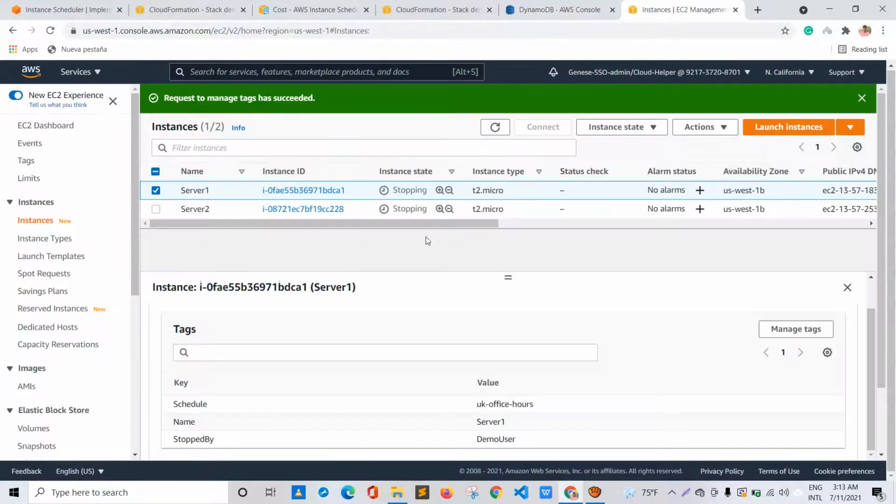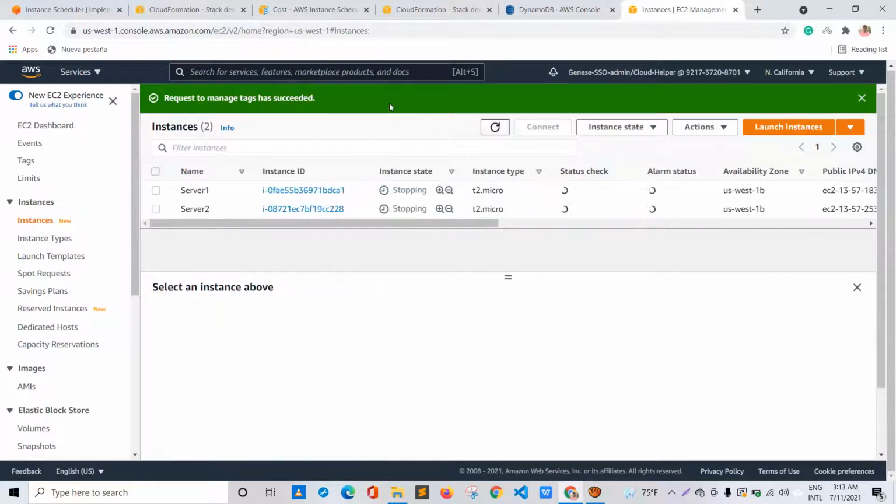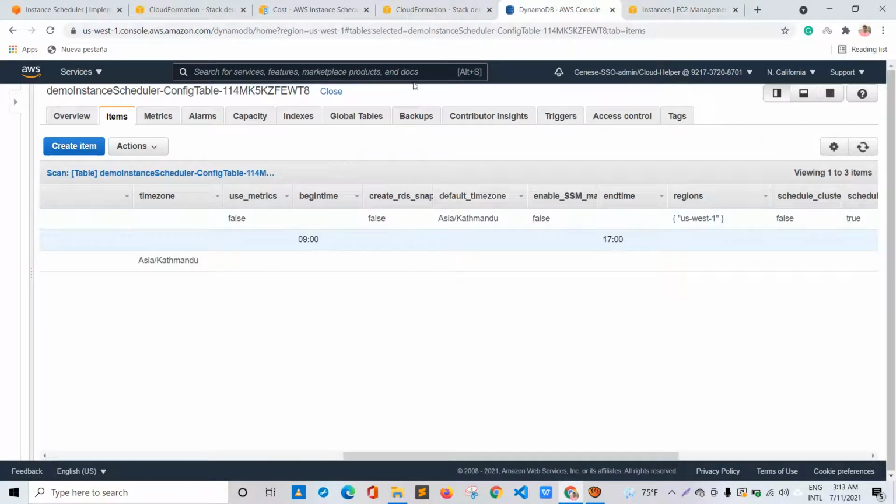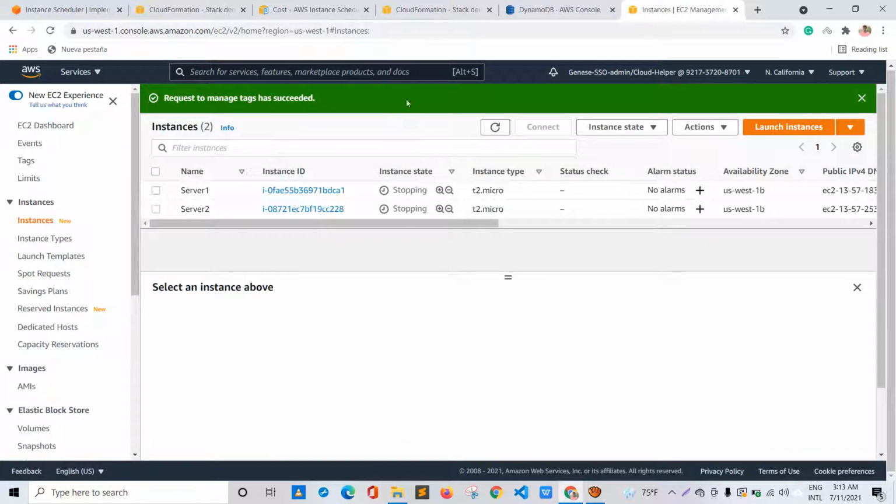So our instances have been in stopping state, and yes, they are in stopping state. This is how AWS Instance Scheduler works. So let's test it once again. Let's wait for them to stop, and once the EC2 instances are stopped, we'll start them using the